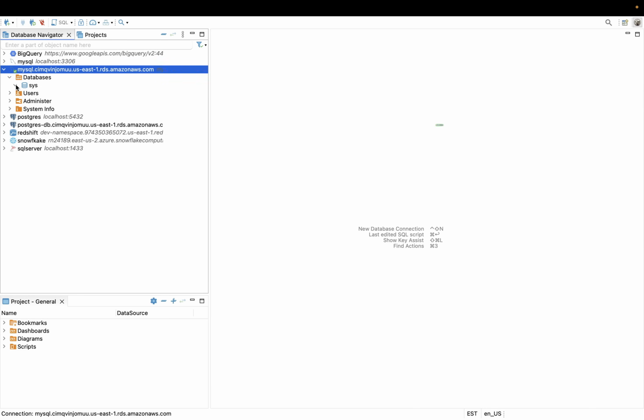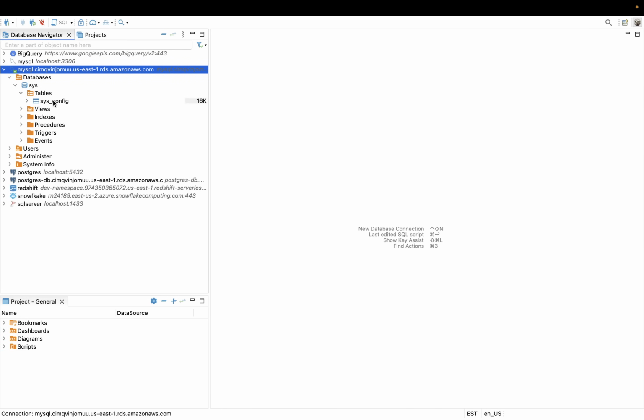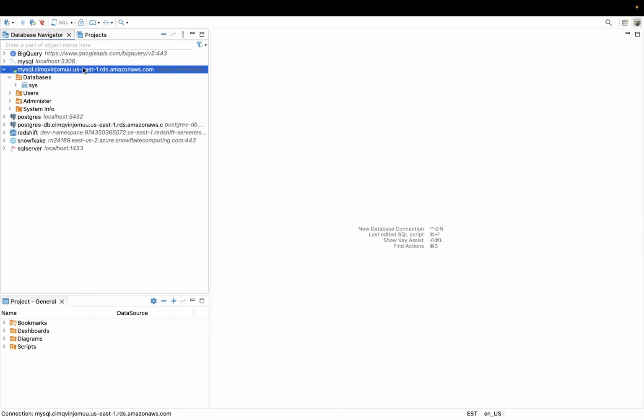sys database which comes with just MySQL when you install it. Okay, so this database now, or this environment, is empty. We don't have any data. So the next thing that we want to do is to load data into this environment, and for that I'm